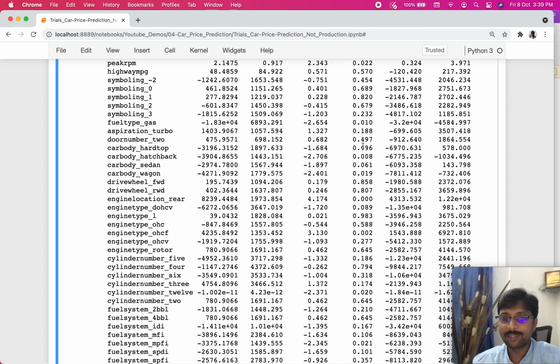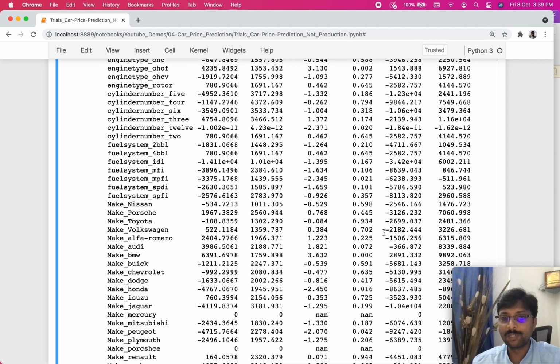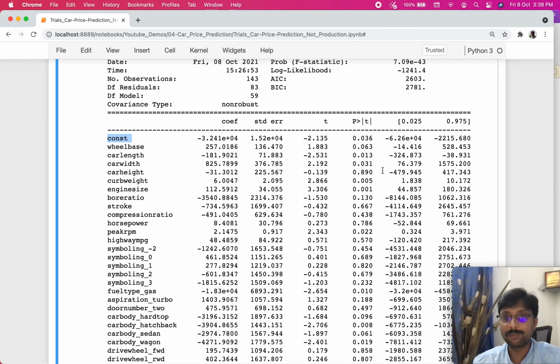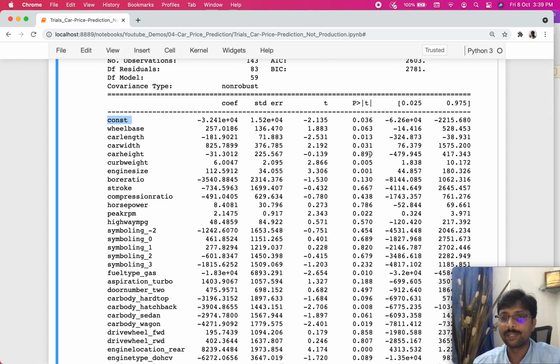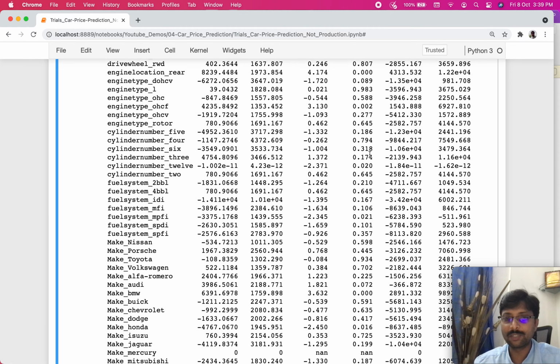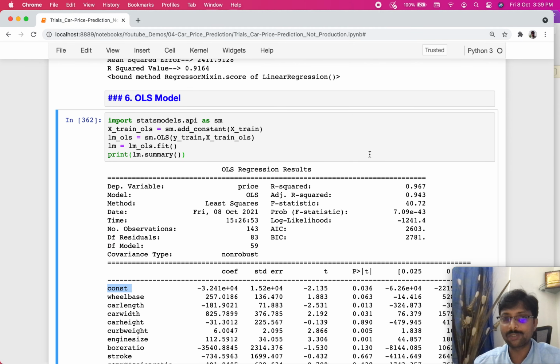So we are seeing that there are different parameters where the probabilities of insignificance are high. We will look at how to treat them in future videos, but in general there is a mix of results here, where there are some significant coefficients as well as some insignificant parameters. So that's what we normally infer from linear regression model summaries.